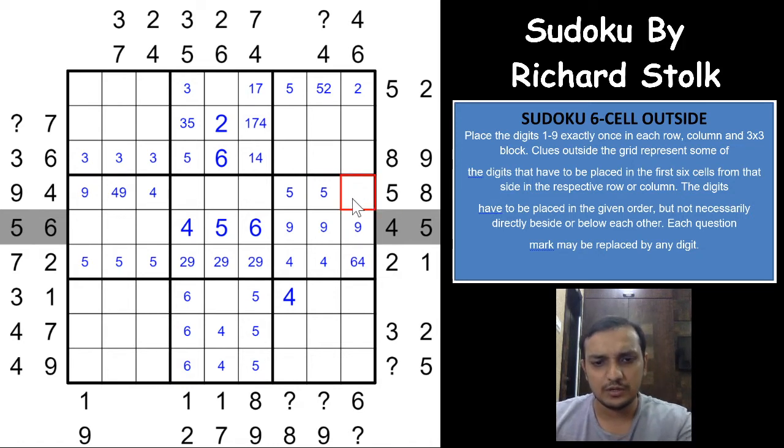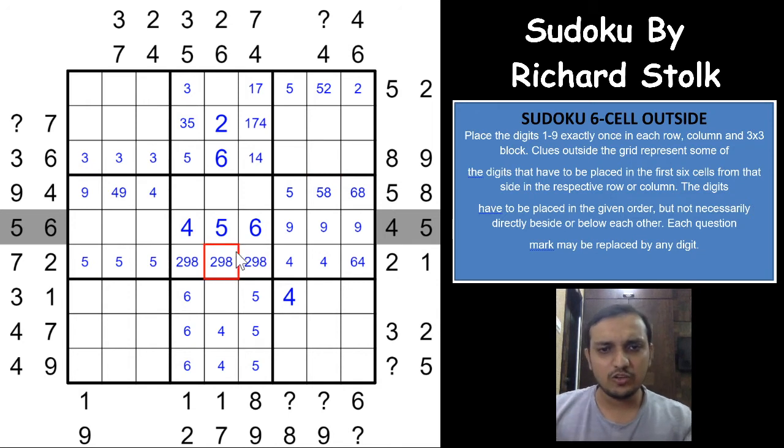A 5 cannot be here, because if you have a 5 here, before the 5 you need an 8 here, so 5 would have to be in one of these 2 cells, and before the 5 you need an 8 here, so 8 would have to be in one of these 2 cells, and that leads to an 8 in these 3 cells, right, in this box. So you get a 2, 9, 8 triplet, which means that these 3 digits would have to be 1, 3 and 7, right? Nice. And with the 1 and 7 triplet here, you can eliminate 1 and 7 from here, and this cell would have to be a 3. So these 2 cells are 1 and 7 in any order. Nice again. That's a really good one.